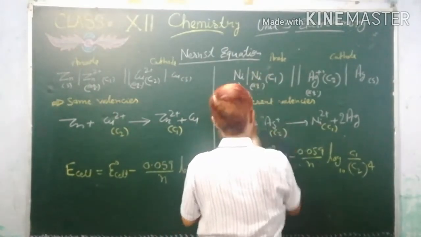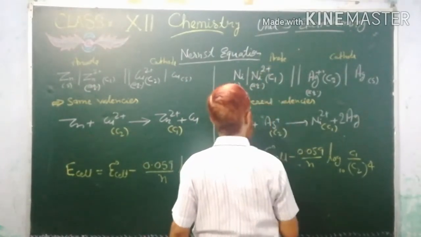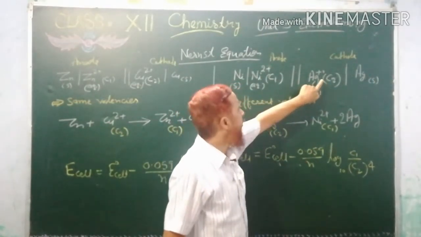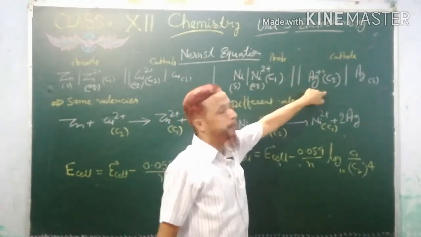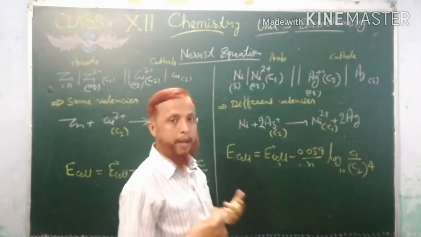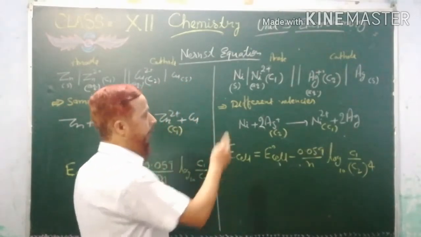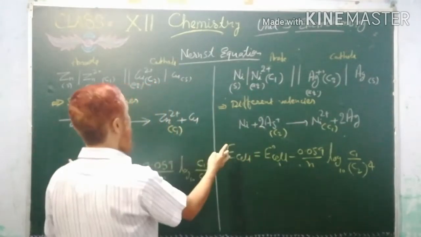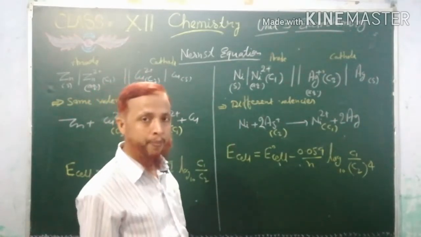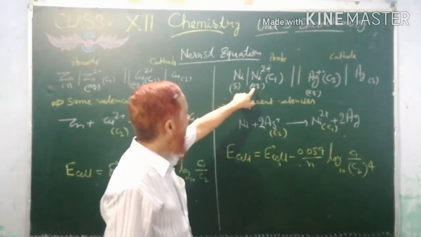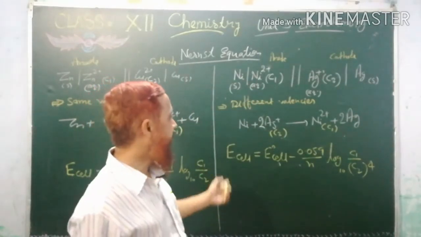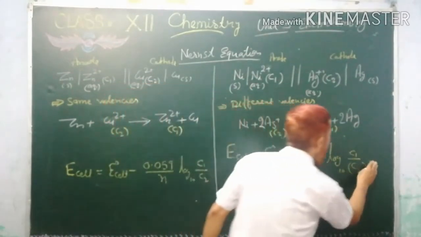But normally nickel has a 2 plus charge and silver has a plus 1 charge. If it is 2 and this is 3, then 3 will be multiplied with this and 2 will be multiplied, the crisscross method. The total number of electrons will be 6. So by practice you will know. So please students, write these equations and keep them as reference equations for considering any type of reactions or cell system in numerical problems. Okay. So now we are going to practice some numerical problems. Please note down and don't forget this one. Here you will write 2.